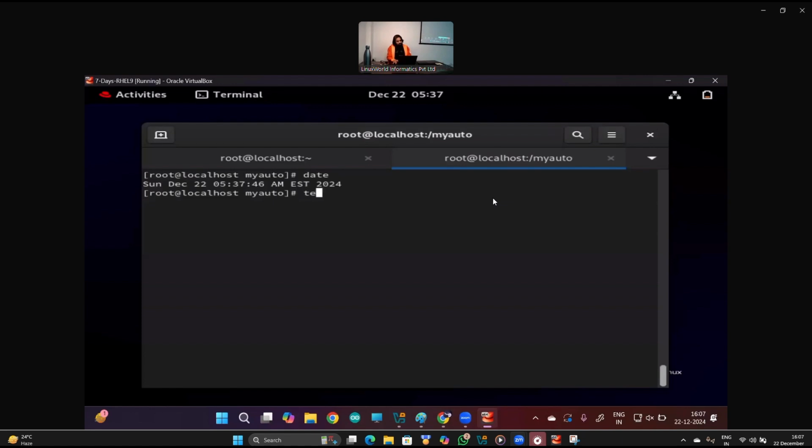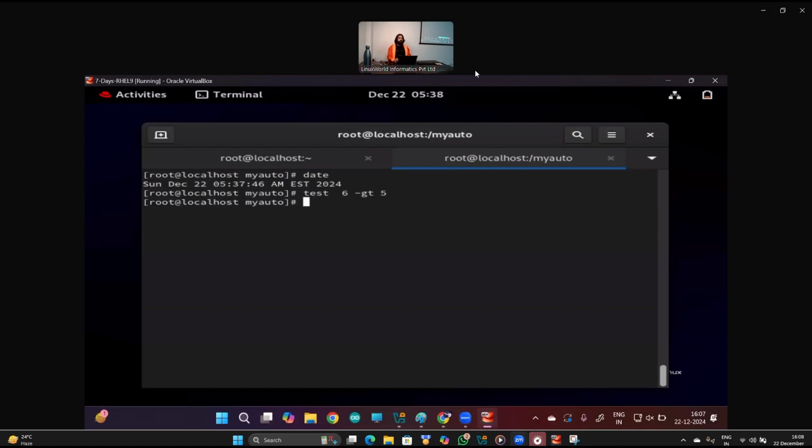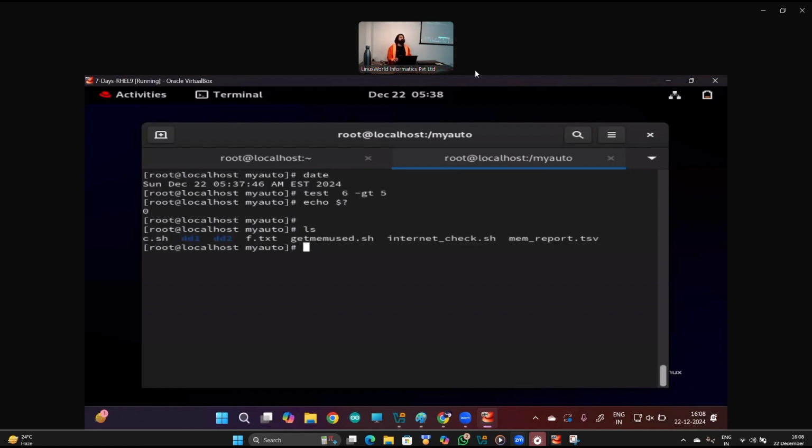The test command is to see a comparison, for example, whether 6 is greater than 5 or not. If it is greater, then the test command will test this, and after the test, it sends the result to the exit code. The ls command is for listing. These are very basic commands actually. As you go deeper and deeper into Linux,